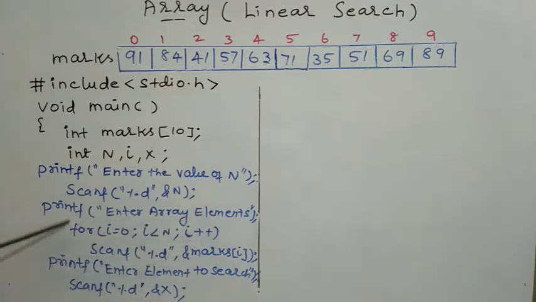Since I have 10 different elements in the array, I would need to write 10 different scanf statements, so the repeated scanf statement is put inside a for loop. This for loop varies the index value of the array element. The index value varies from 0 to n minus 1, so I have initialized the loop variable to 0. The scanf will get executed until the condition is satisfied; once i is equal to n, that is 10, I will come out of this loop. Each time the value of i is incremented by 1. Using this scanf statement, the array element will be received from the user.